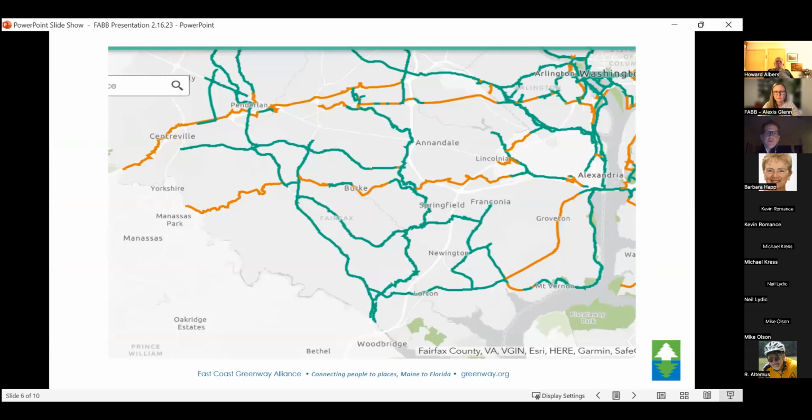So this is the Capital Trails Coalition map, again, that folks are very familiar with. A big goal of my East Coast Greenway work in Fairfax County and in Northern Virginia is being able to highlight and continue to help build out the connections towards our route. And again, that can be on the Prince William side, but I think there's a lot of opportunity in Fairfax County to create loops, and Kevin O'Brien, who's with WABA, previously with Capital Trails